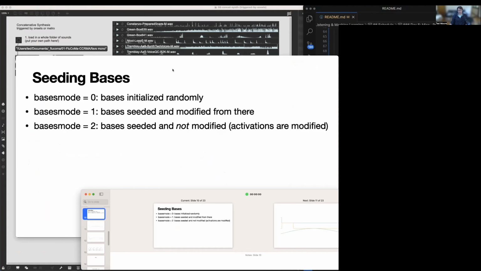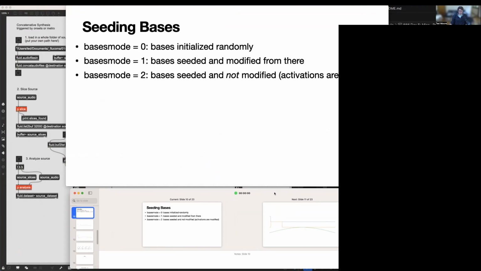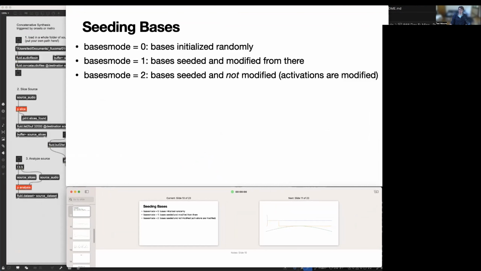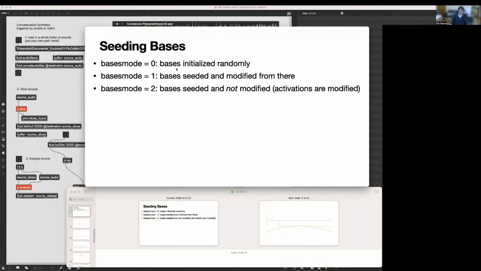So there are these modes in the BufNMF algorithm called bases mode, which is the actual attribute or argument. And there are 3 different modes you can set. There is bases mode 0, which is the default. And what that does is the bases will be initialized randomly, and then the NMF process will unfold, and then you'll get what you get. And this is, again, one of these examples of an algorithm being initialized with randomization, and then performing iterations of optimization, and then giving us the result after all of that iteration has come to a point of